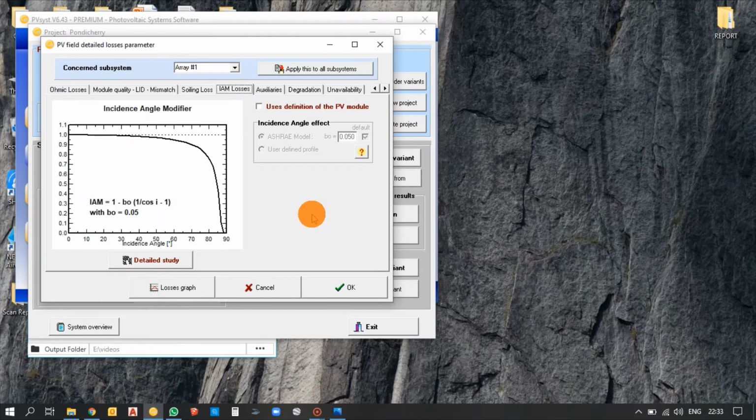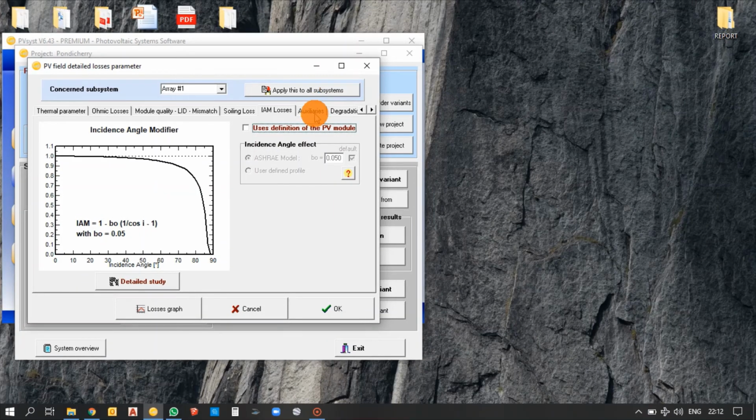Irradiation losses also depend upon the behavior of a crystalline PV module. They depend upon two factors: R shunt resistance and R series resistance. When R shunt is low and R series is high, the PV module losses will be high. So you have to maintain R shunt resistance high and R series resistance low to have good performance in the PV module.